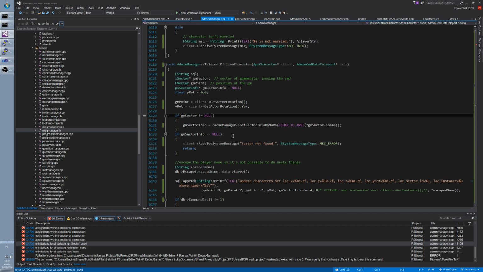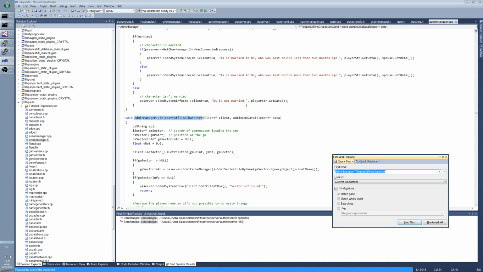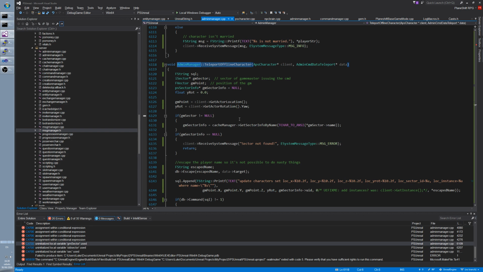There are some not initialized variables. GM sector of game master issued in the command. If sector is different than not, yeah, this cannot work. Let me check the original file and how this was done. So GM sector, okay, was assigned here. Why we didn't, okay,